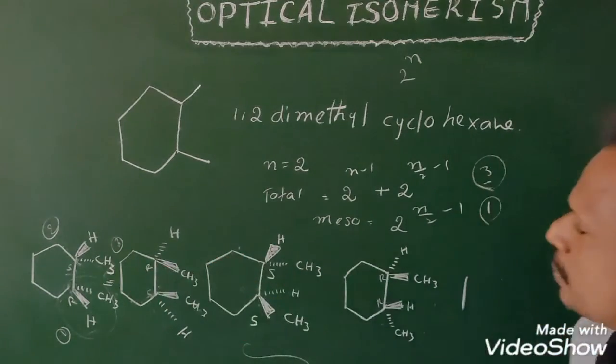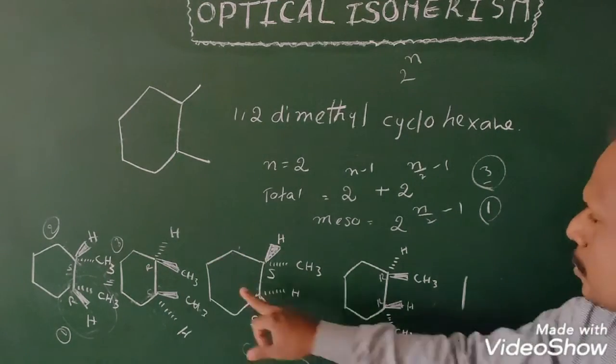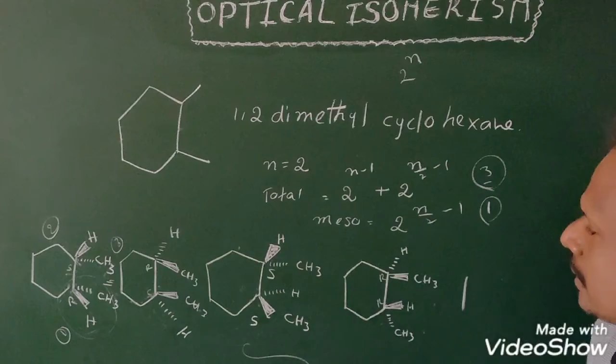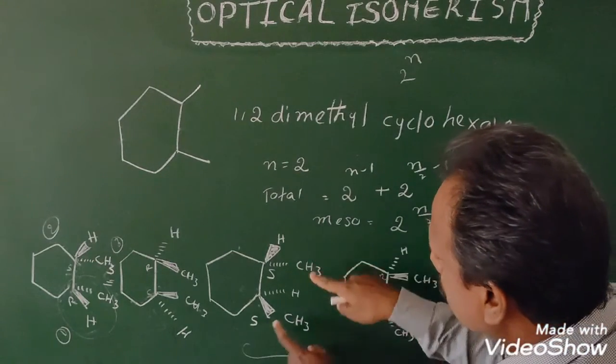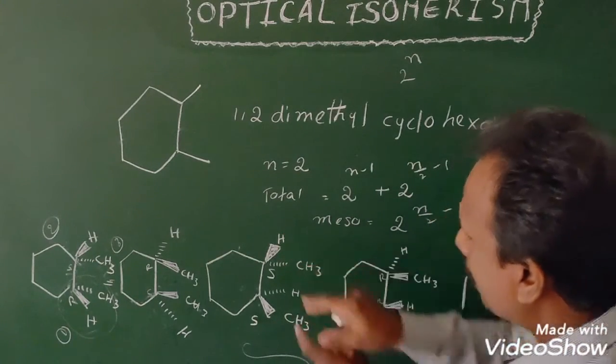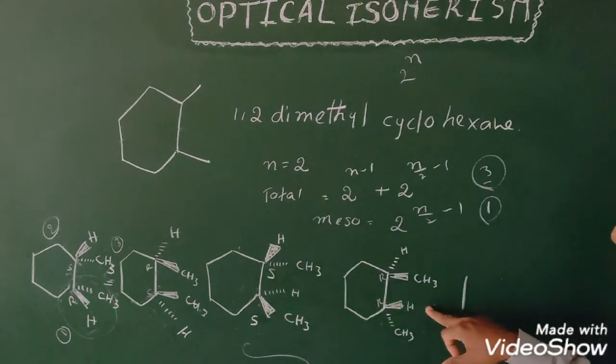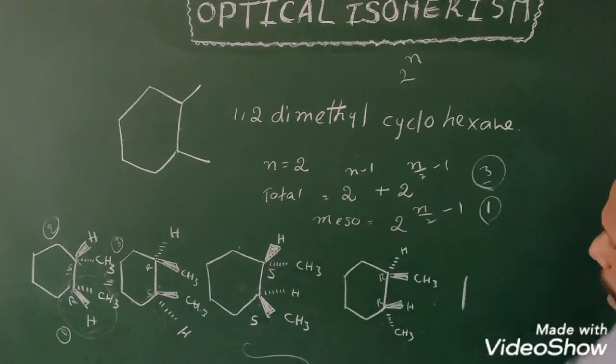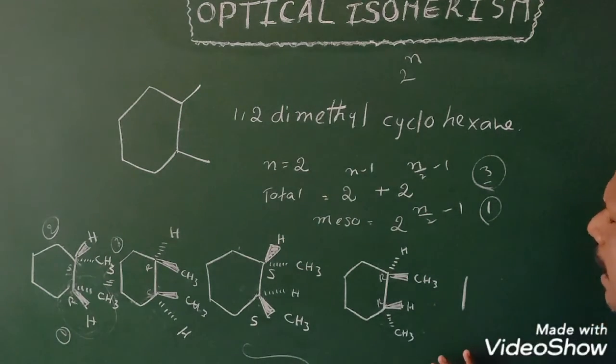What is the relation between the two isomers? Enantiomers. Here both H atoms are trans. These two are also geometrical isomers. It is trans, it is also trans. Trans forms of isomers are not geometrical. These are only optical. They are an enantiomeric pair.